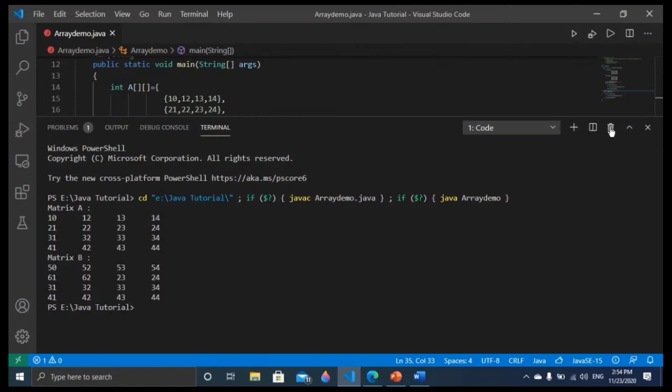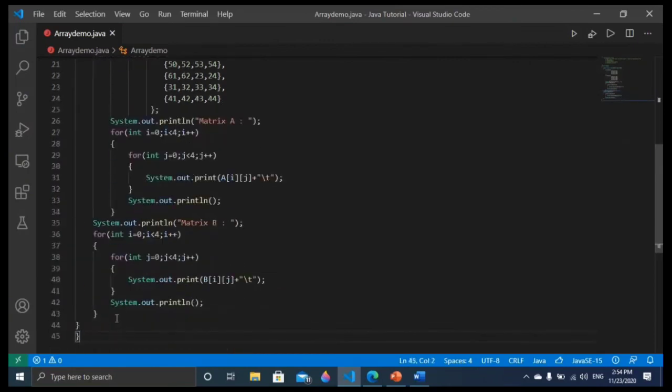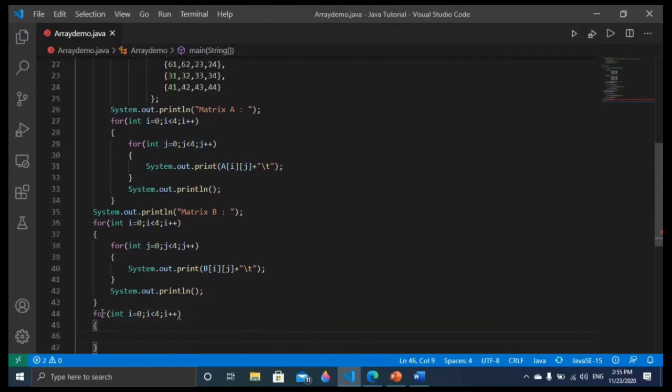Now we are going to add both the matrices. So how to add? Let me show you friends. To add, we have to use one loop for int i is equal to 0, i less than 4, i plus plus, and one more loop for columns.